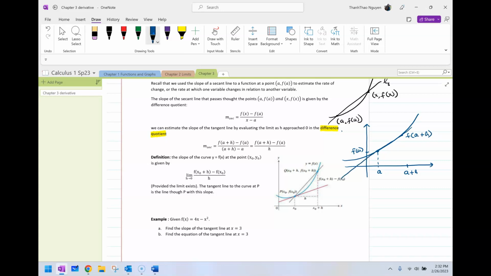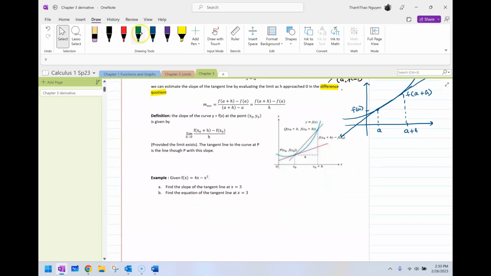This is our secant line. Then the tangent line can be estimated by letting the limit as h approaches 0 of the difference quotient. So the slope of the curve is found by taking the limit of the difference quotient,